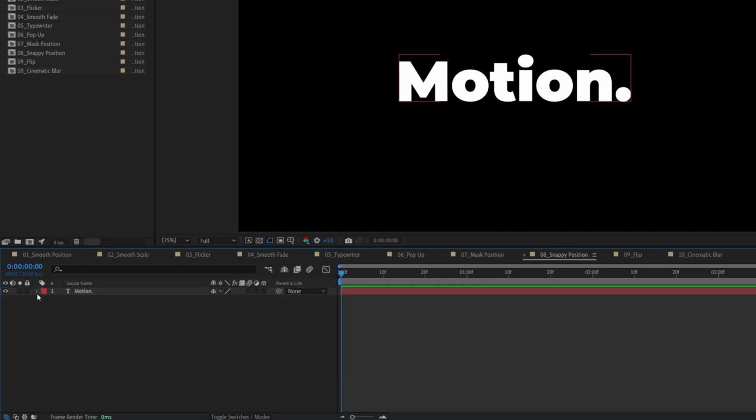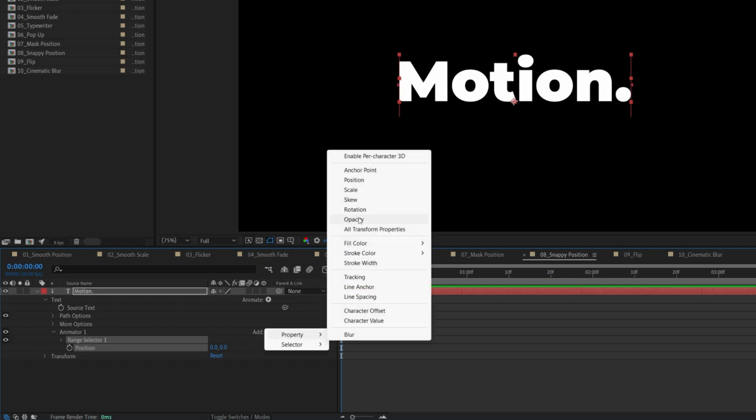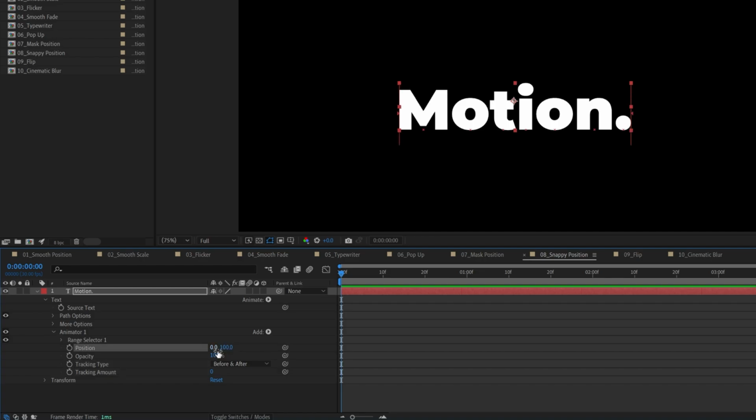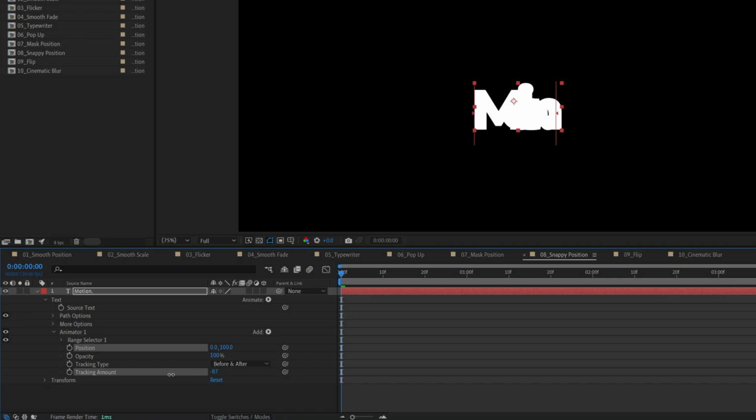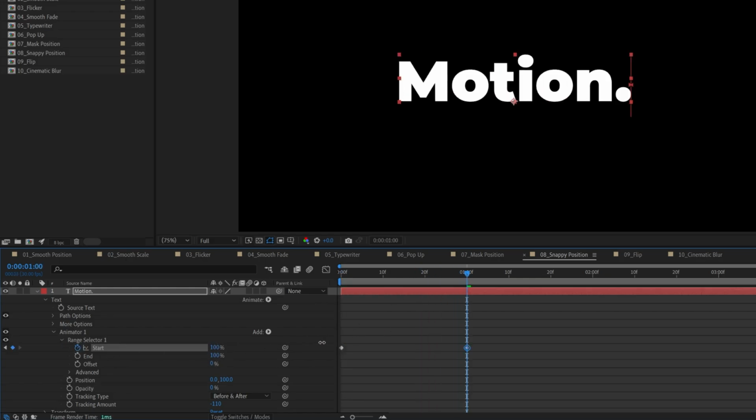So for this, we expand the settings, we go to animate, position, then add button, property opacity, then add button again, property tracking. Now let's move the text down by increasing the second value to 100. Now before we adjust opacity, let's decrease the tracking amount to make the letters overlap on top of each other. So -110 works. Then set opacity to 0, then open range selector 1, create a keyframe for start at 0%, then go 1 second forward, set start to 100%, then drag and select the keyframes, press F9 to easy ease them,